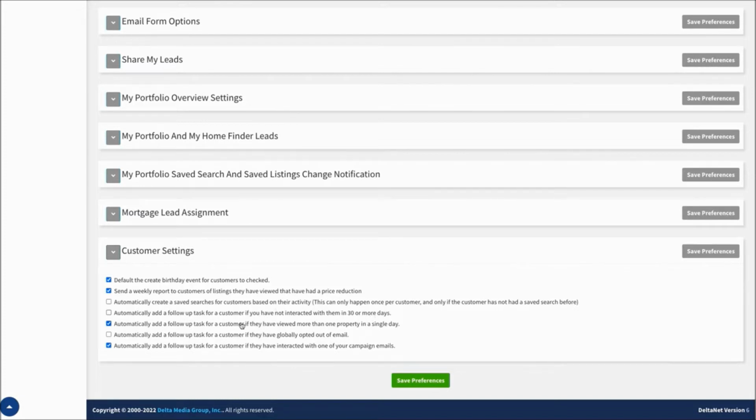And the remainder of these are all also follow-up tasks, or the creation of follow-up tasks based on different criteria. So if this one is checked, if the customer has viewed more than one property in a single day, it'll create a task for you to follow up. And the idea is they're a hot customer at that point, so you should check in with them. Next, if they've globally opted out of email, it can add a task for you to reach out. So the idea would be, if they have opted out, you could reach out to them and let them know that maybe you can send them text messages instead, just a way to engage with that customer since they won't